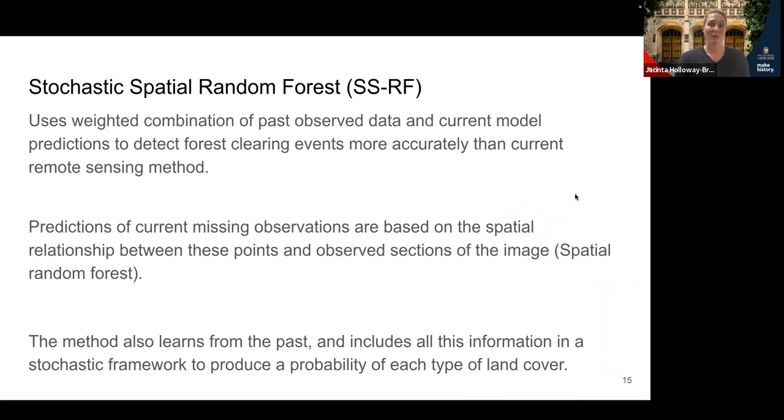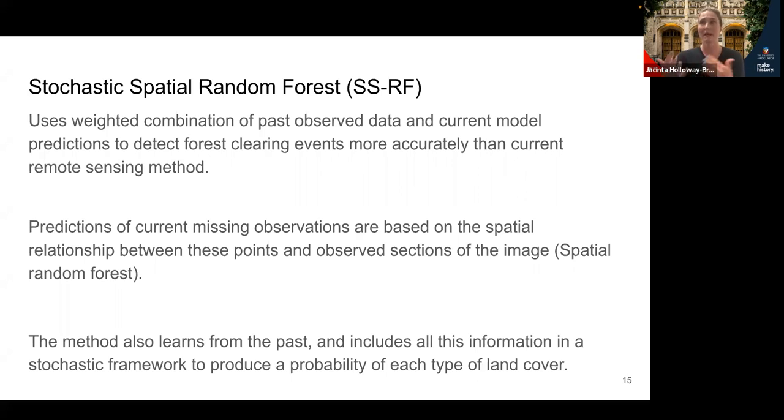So how the method works overall, so it uses a weighted combination of past observed data and current model predictions to detect forest clearing events more accurately than the current remote sensing method. So that was compositing that I spoke about. So I think there's still definitely a place for that sort of approach because it enables you to look at the most recent observations of an area. And we know that all models are wrong, but some are useful.